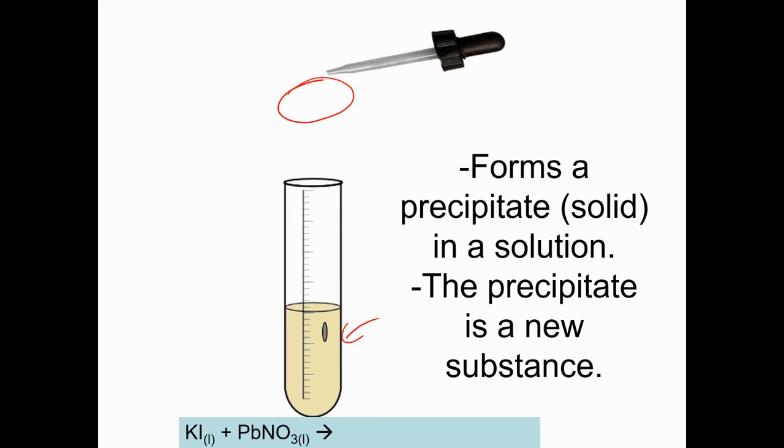I basically just combined lead nitrate and potassium iodide. They were both solutions with no solids in them. And then once I mixed them together, they made a solid, and that solid's actually lead iodide. It no longer dissolves in water, and then the other stuff stayed dissolved in there, and this should not